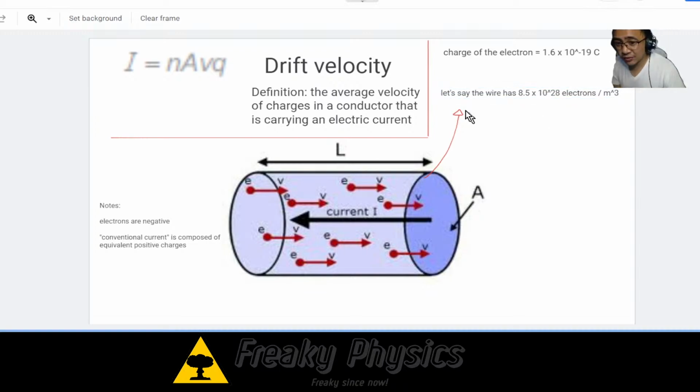So there are 8.5 times 10 to the 28 electrons per cubic meter, and let's say that each of these electrons